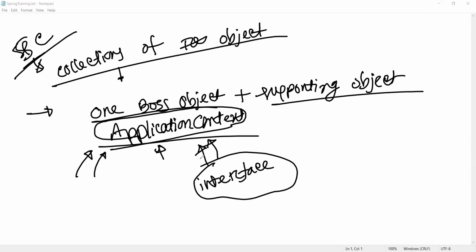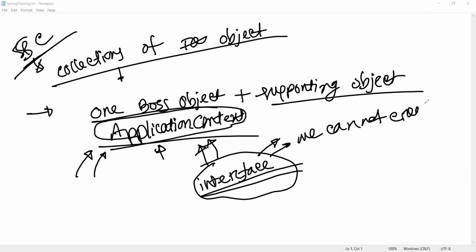We cannot create an object for an interface. But whenever we say we are creating an object for an interface, we are actually creating the object for the implementation class, right?